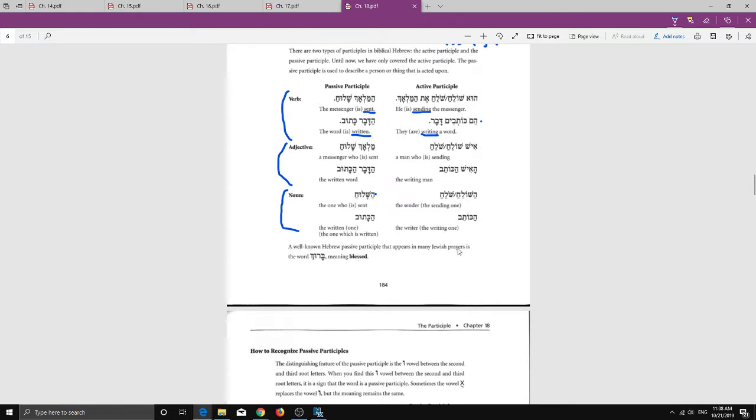And then just kind of a fun note here at the bottom. Baruch is a passive participle. You know that because of this shurek here. It is a passive participle for the verb barak, which means, well, Baruch means blessed because it's passive. Barak would be something like he blessed. So again, notice in English with that word, our passive participle takes the same form as the past verb, which is not super helpful in English when we're trying to distinguish these. But in Hebrew, they're all very distinct, so that's good.